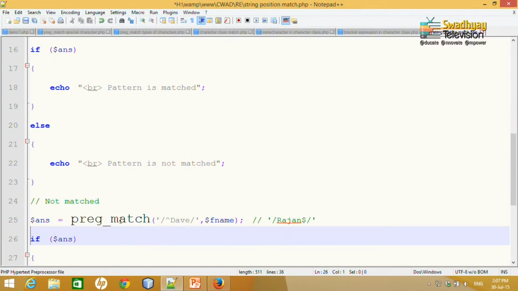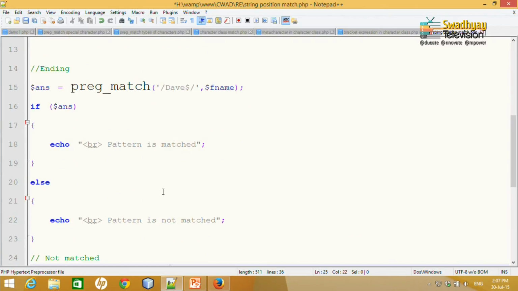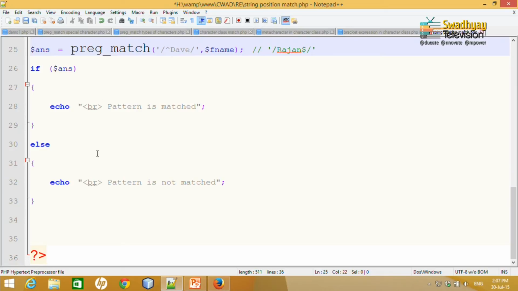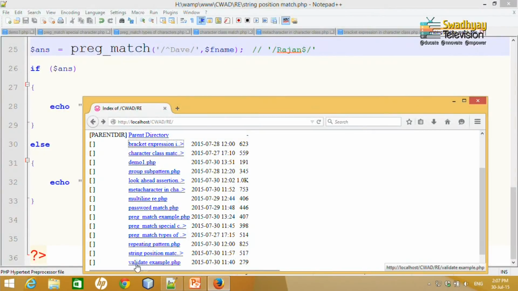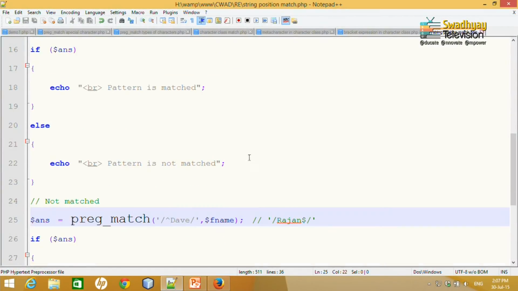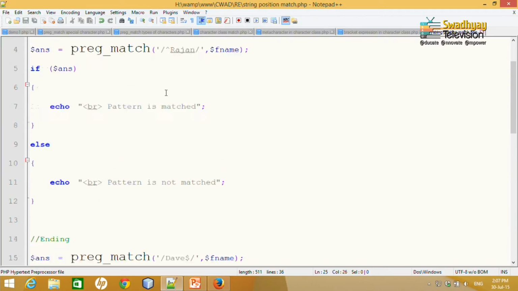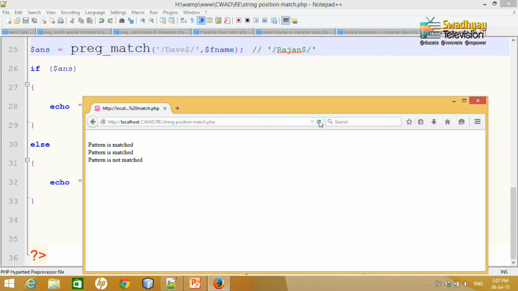And look at here, caret and the way, which is actually the last name, so at the end of string, it will not match. So just look at this one, I just open this file. So it is pattern, first two are match, but third one is not match. For the way, if I put just dollar here, then it will match, because the name is at the last of the string. So if I reload this, now pattern is match.